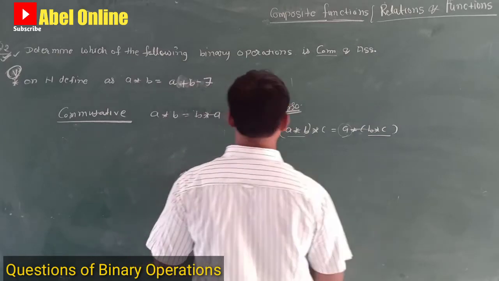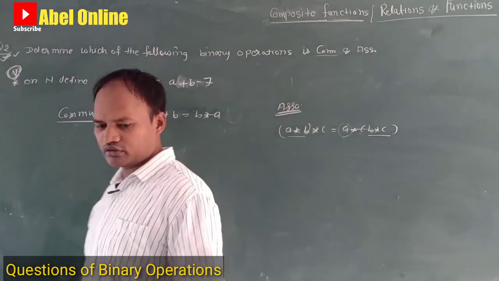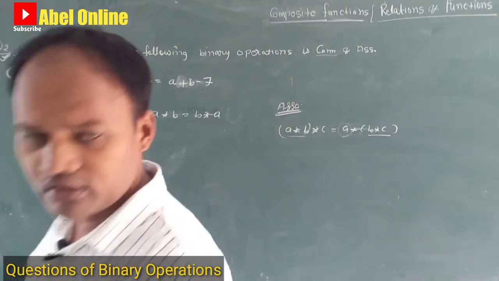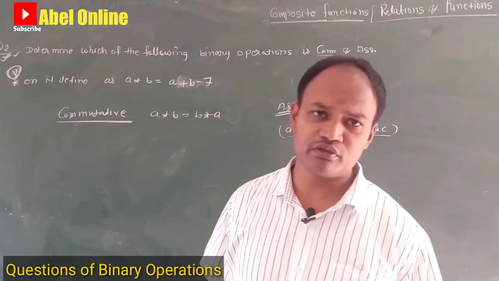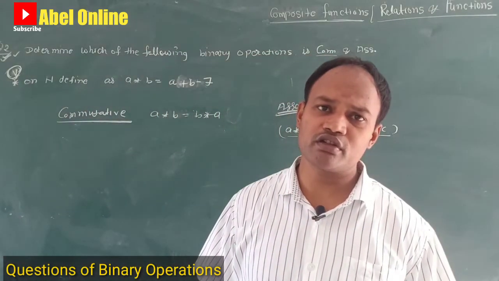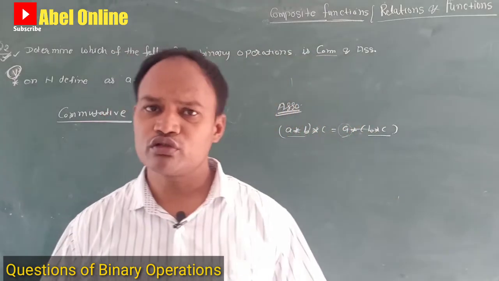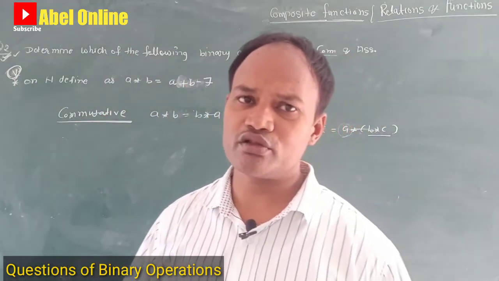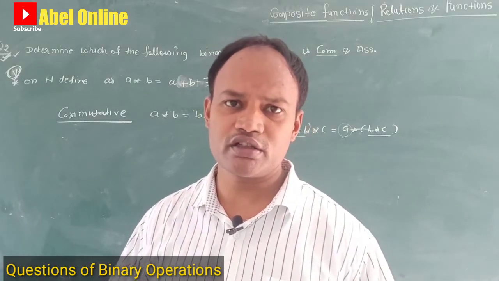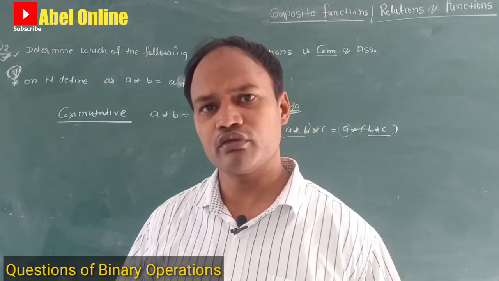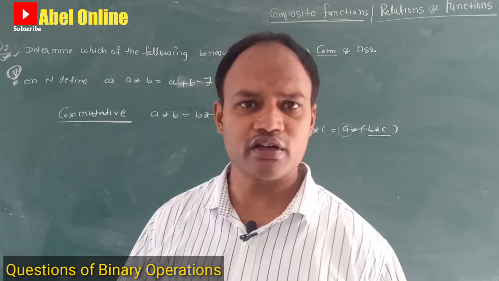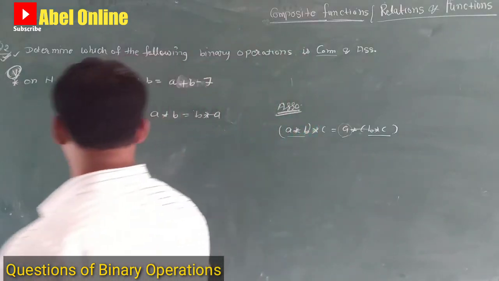Now, students, it does not matter whether this is question number 1, 2, 3, 4. You have to prove commutative and associative. Maybe this question is from your book, maybe from outside of your book. It's not a matter what the question is. You have to know how to apply the commutative and associative laws, that's all.